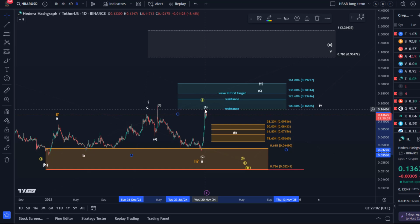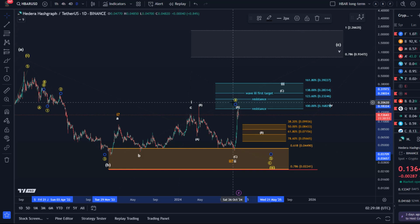By the way, there are other scenarios, there's a bearish one on this chart in yellow, in which this is only a wave 4 corrective rally because of this mess that happened here. This is really just a mess. But the white count for now, and I make it very clear, the white scenario for now is preferred. That can change, but for now, because of the surge from our support region,